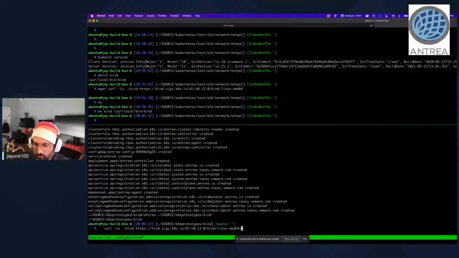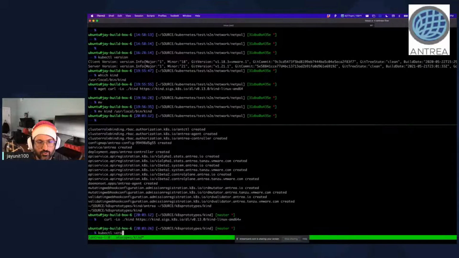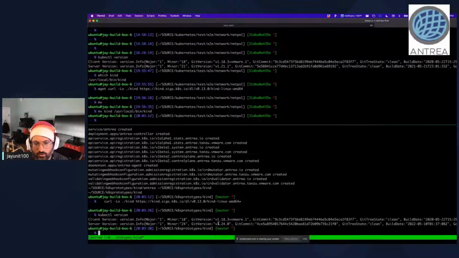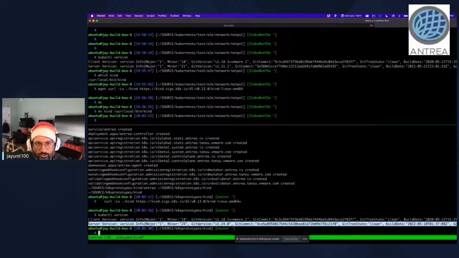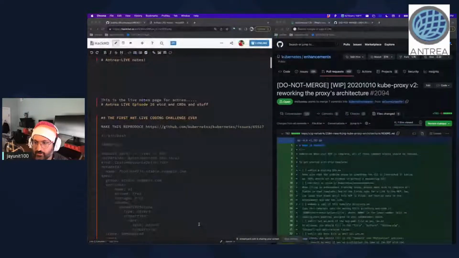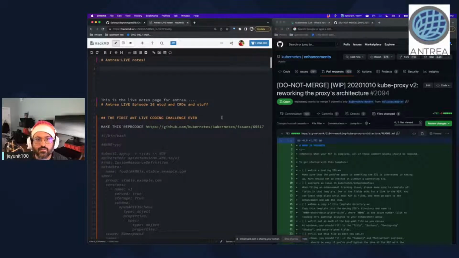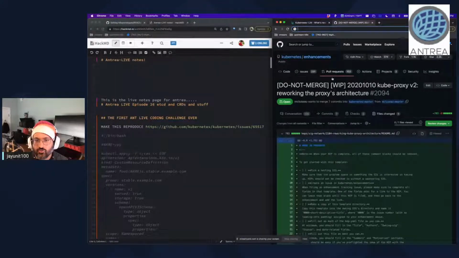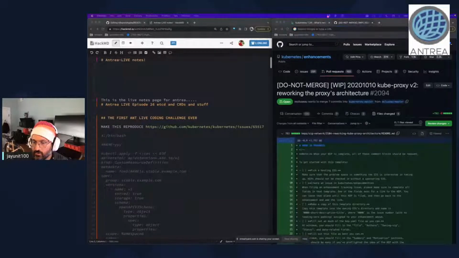I just curled down the latest kind so that I could get a 1.24 cluster. So I think I have one now. kubectl version. Okay, so I have a 1.24 version, and I have a client from 1.18. Let me see. Yeah. So I have the KEP here, and it looks like